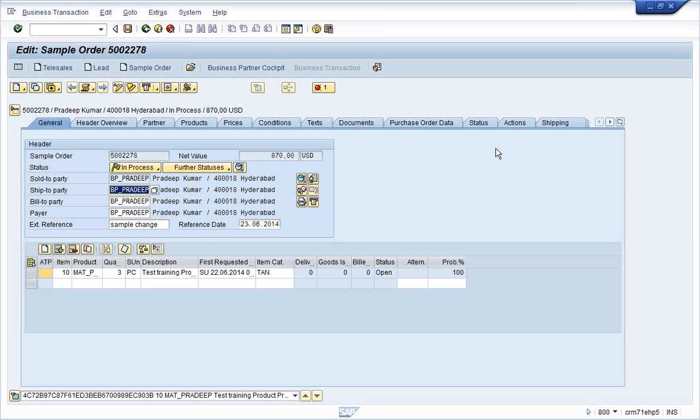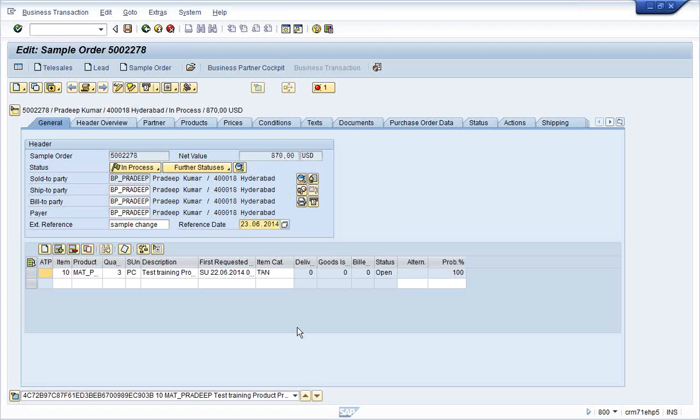Okay, you can change any data you want. Upon changing, my client also has certain conditions. You cannot change any data as you wish. There are certain business guidelines, certain business conditions. For example, take this reference date.